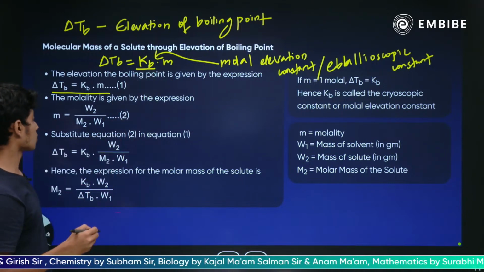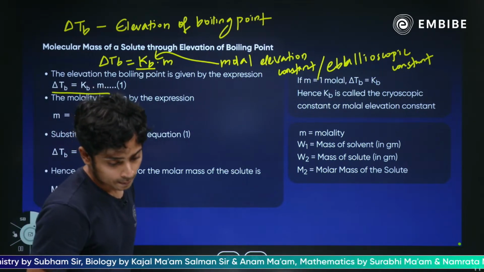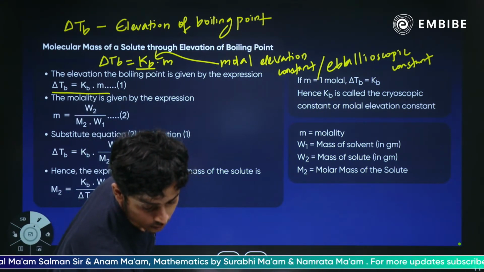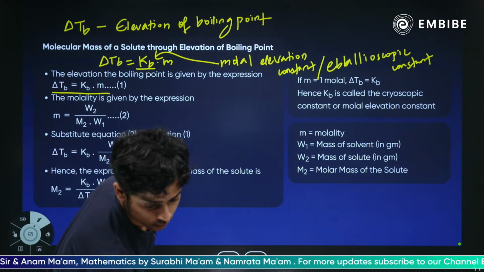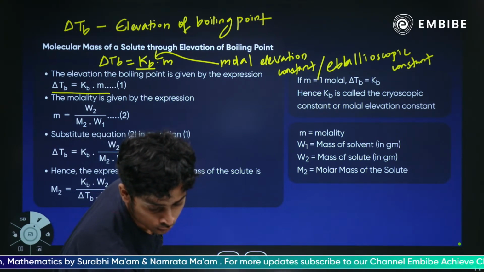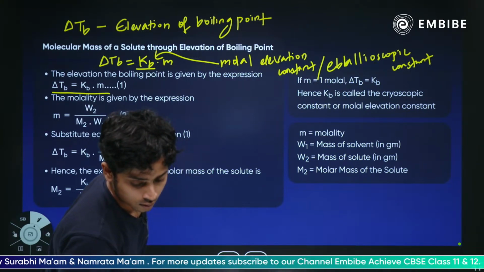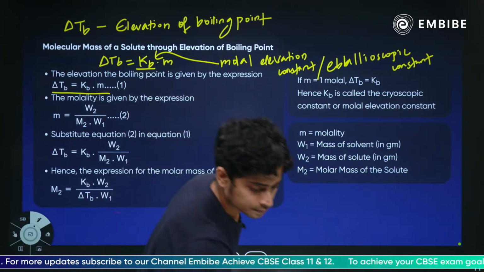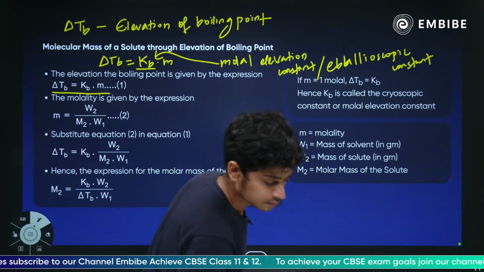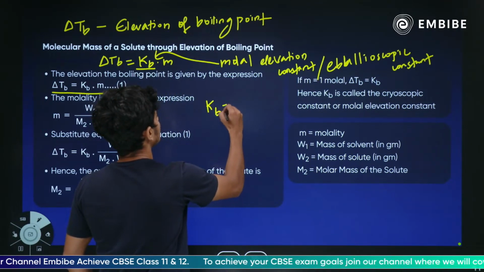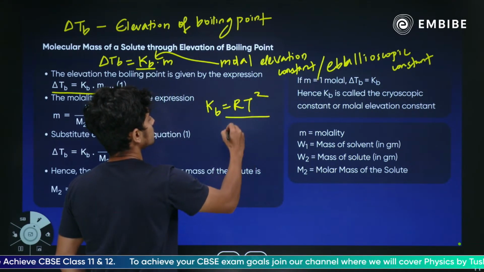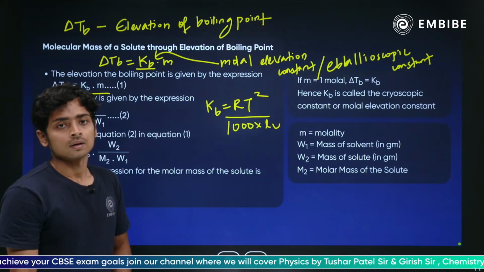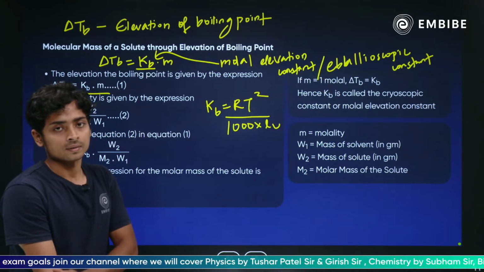के बी का भी एक्चुअली एक फॉर्मूला होता है, आप के बी भी निकाल सकते हो। के बी का फॉर्मूला होता है के बी इक्वल टू आर टी स्क्वायर डिवाइडेड बाय 1000 इंटू एल वी।